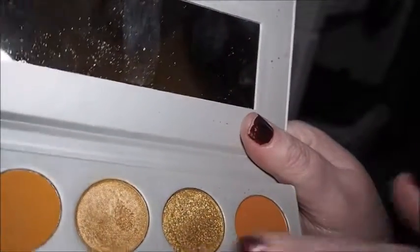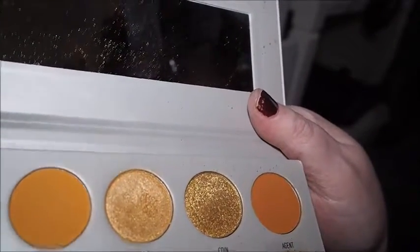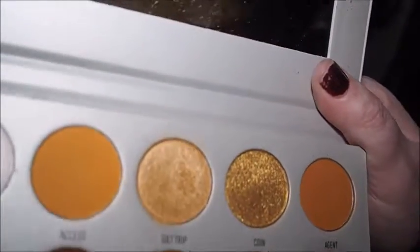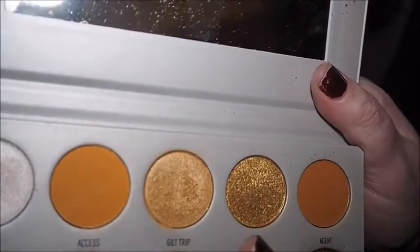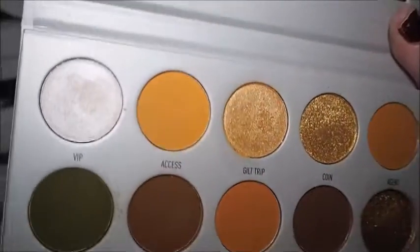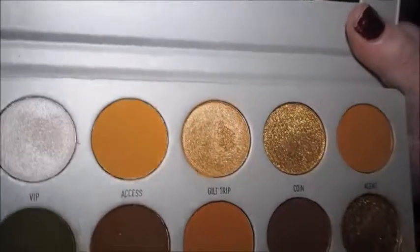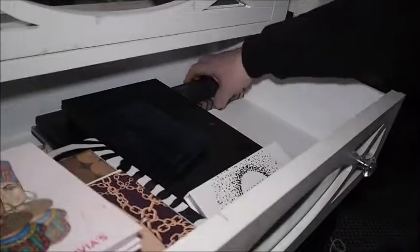I mean, all I wanted really out of these palettes were Access to Work, Secret Agent, and then all the shimmers. And I wasn't too bothered about these darker shades. Oh yeah, and Top Secret. And this VIP I'm not that bothered about, just because it's a white and I don't really like to use white. But I have used it as a corner highlight. But yeah, I really do like this now and we'll be keeping it. Sorry I kind of went off on a tangent then, but